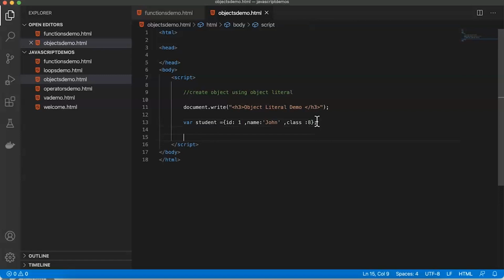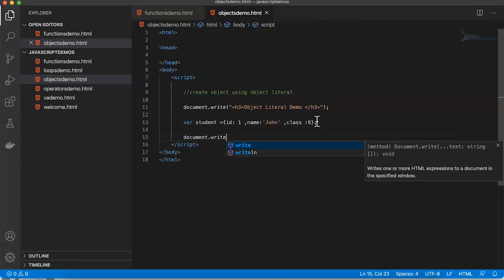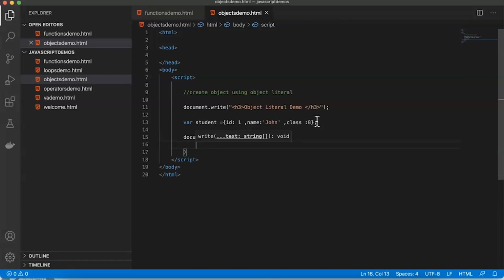Next after that I can write document.write, and after this I'll start defining the properties by saying student ID, but to get the value of this I have to say the property associated with your object. So my object name is called student and its property is called ID. So we can say student ID equal to,